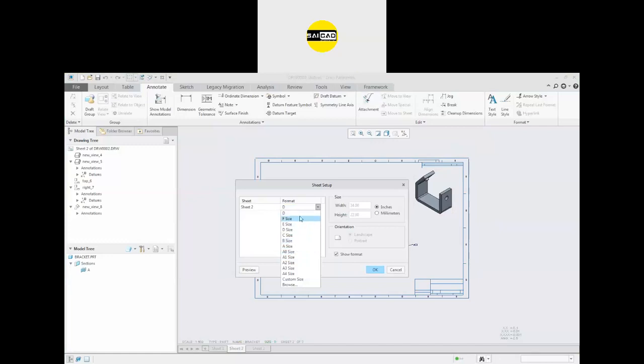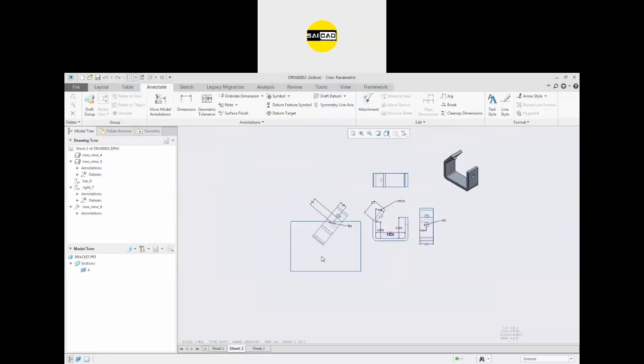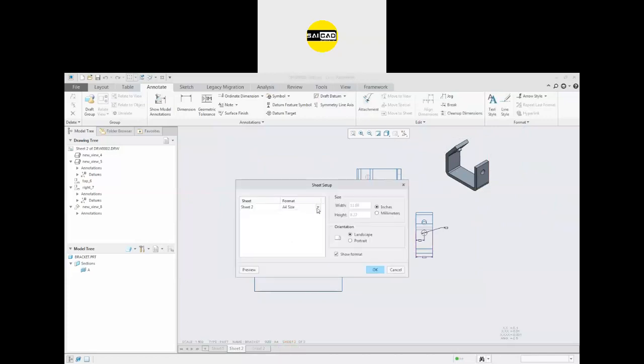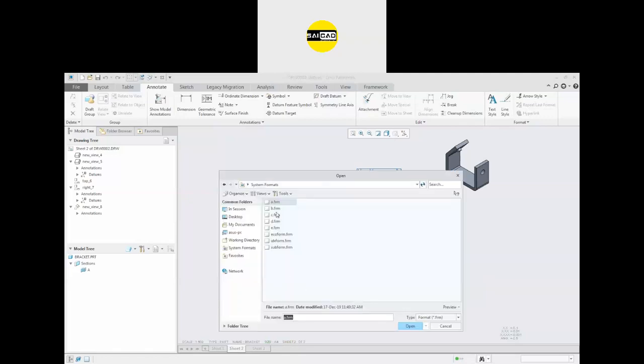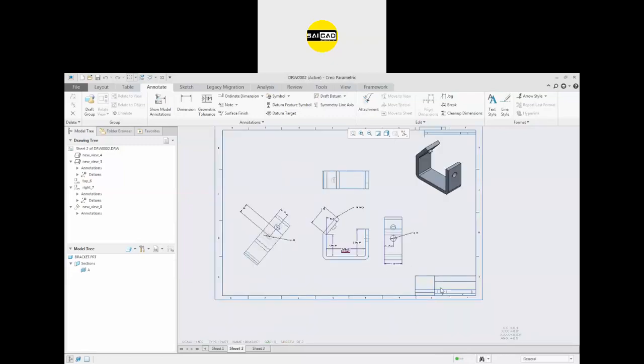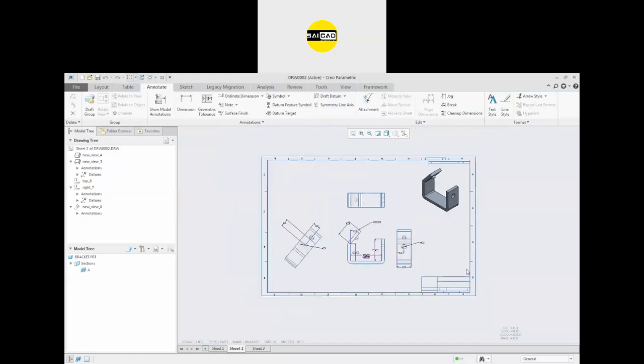So basically what this tree shows is the size and the template that we have selected. If I select the A4, click OK, there will be some error because first the sheet was bigger, now this sheet is smaller. So we have the sheet very small and the object very large. So you can select the size from here. If you want any custom, you can go to browse and select from the format whichever you need. So the previous format was D. Open, click OK, and there will be the format again. So how to create a format yourself, that will be the option now.